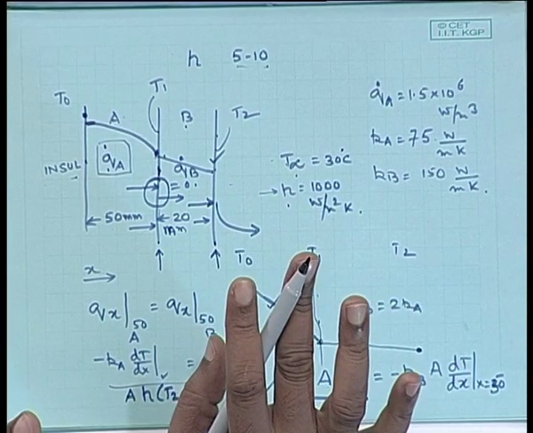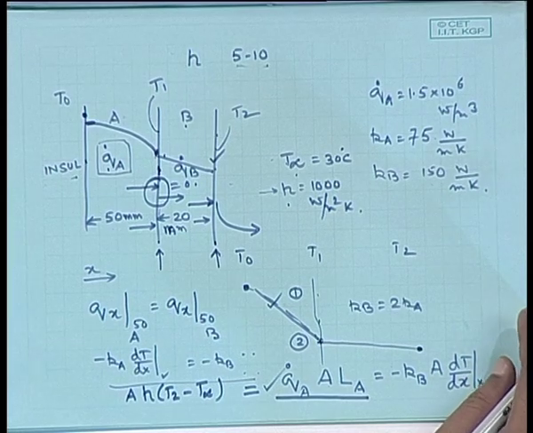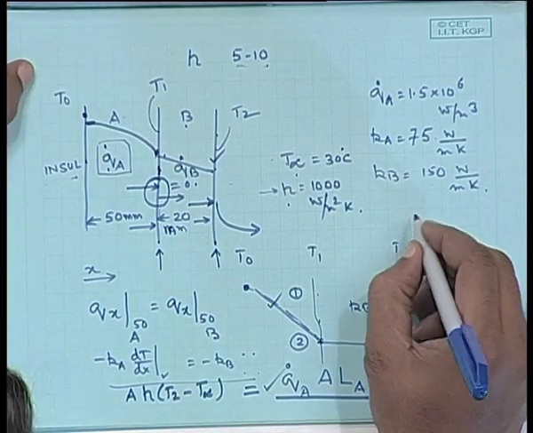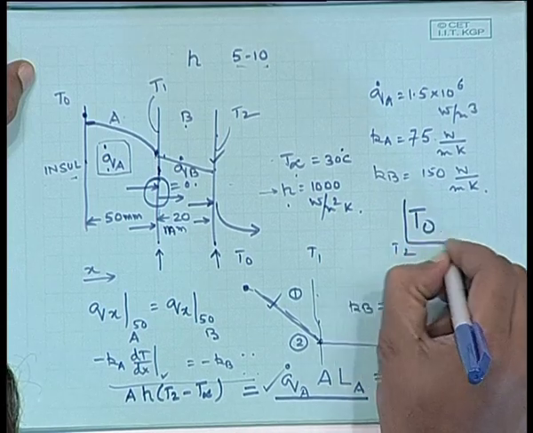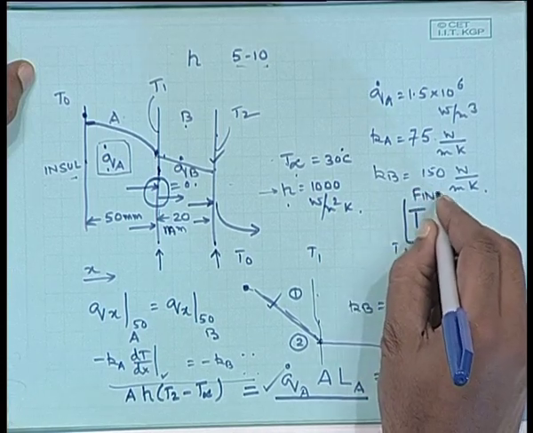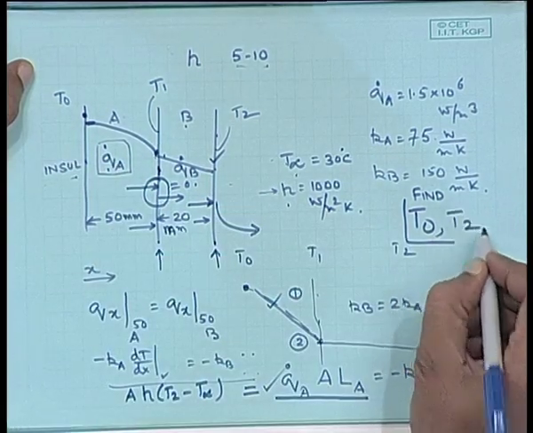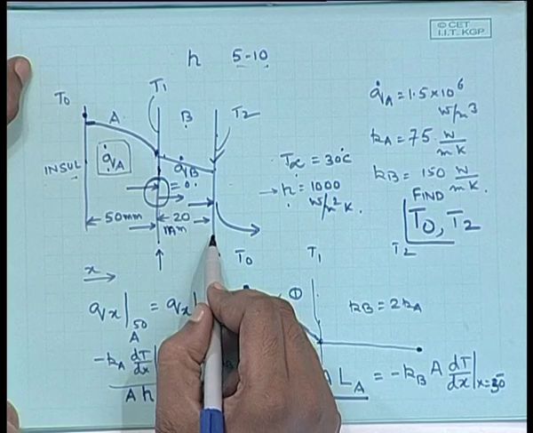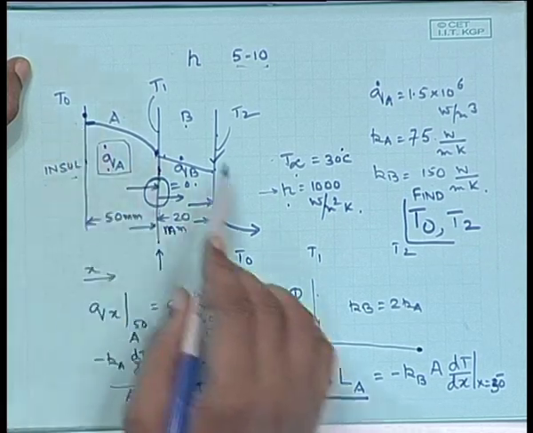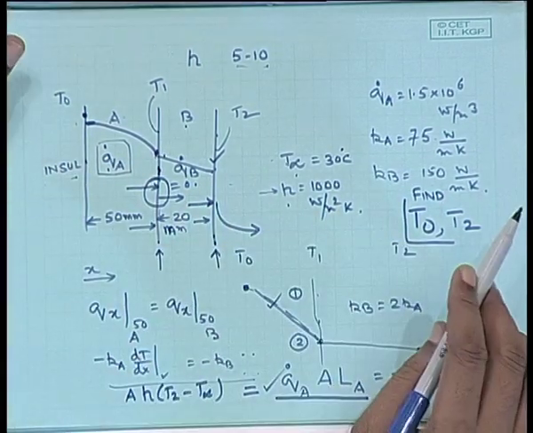So, all possibilities, choose the ones which are relevant for the problem at hand. Now, coming back to the specific problem, it asks you to find out the temperature T0, that means the temperature of the insulated surface, and T2, which is the temperature of the cooled surface. So, find out T0 and T2. It is your job to